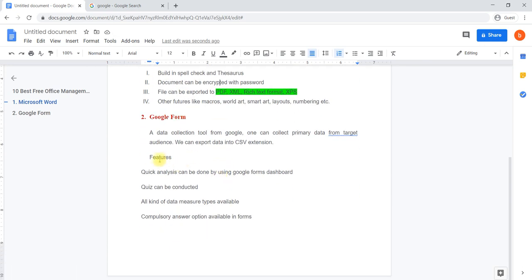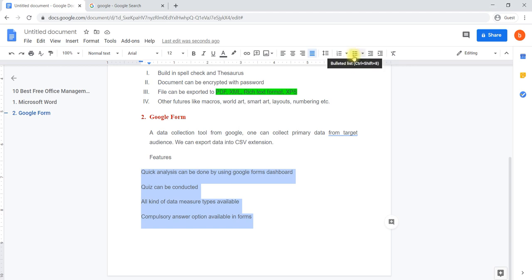Okay, then again here Google Forms features are there. What I will do, I will select those features which I would like to highlight in bulletins. I don't want to number them. I would like to give some star shape or arrow mark, like that. I would like to represent.